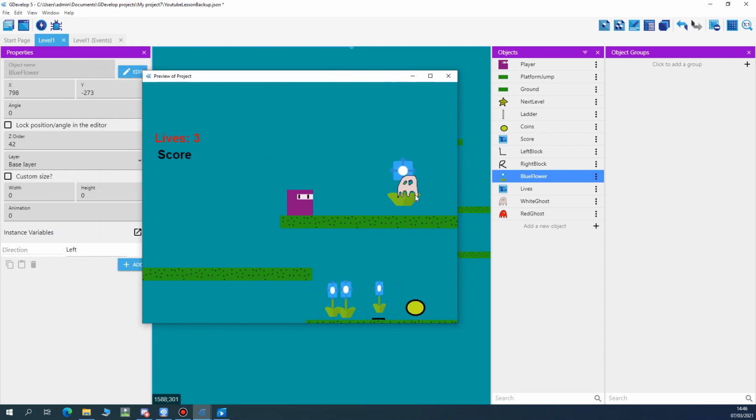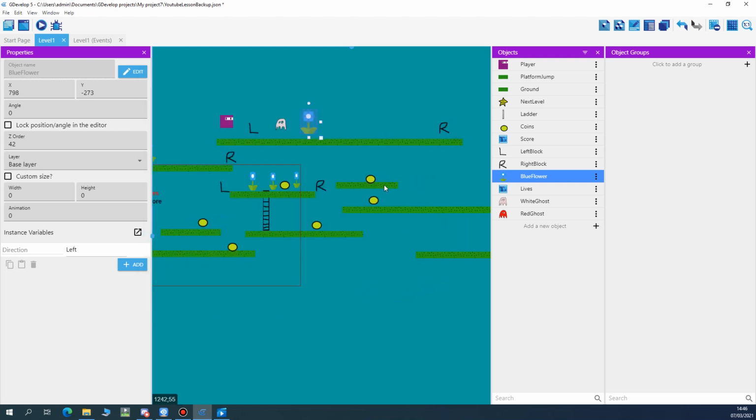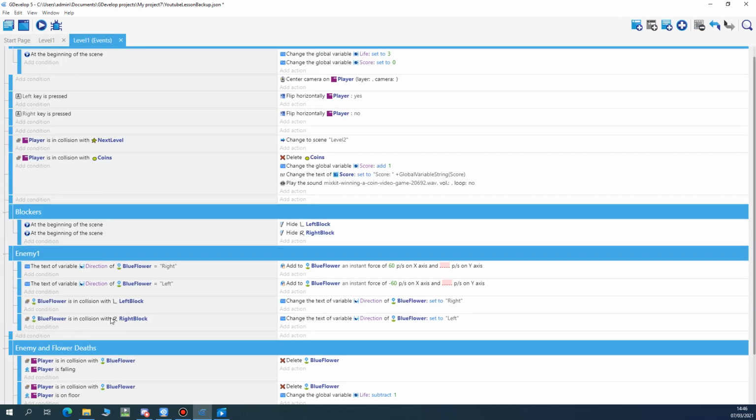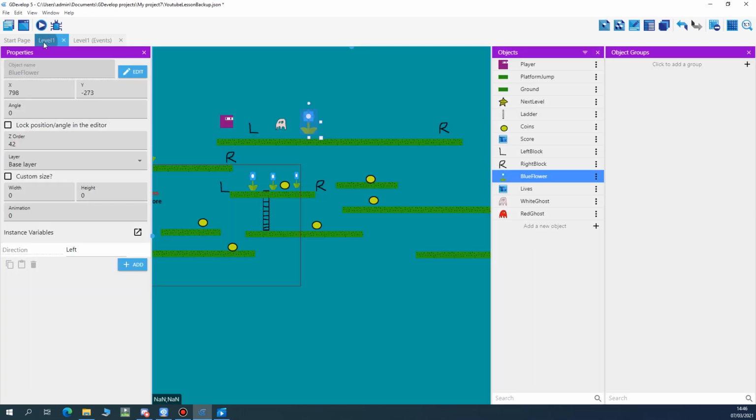And we'll see what happens when we play the game. You can see the flower moves, the ghost doesn't. So we've got an issue. What we could do is go and replicate all of these events and remake them, but this time instead of saying blue flower, we'd say white ghost and red ghost. But if we wanted 10, 15, 20 enemies, we'd have to have enemy 1, enemy 2, enemy 3. This would grow huge. So there's a more efficient way to do this,